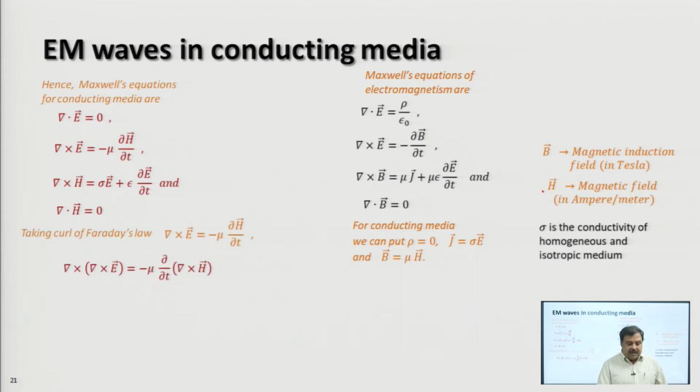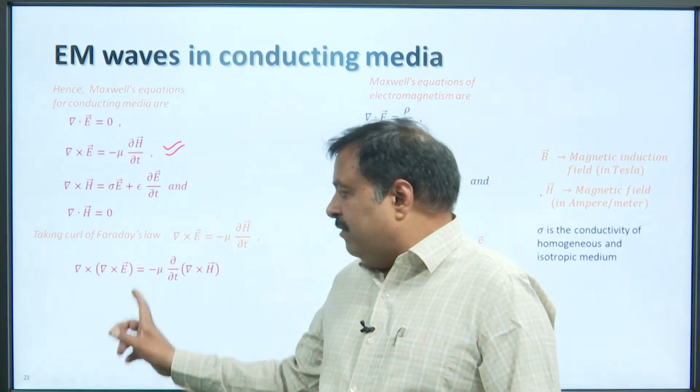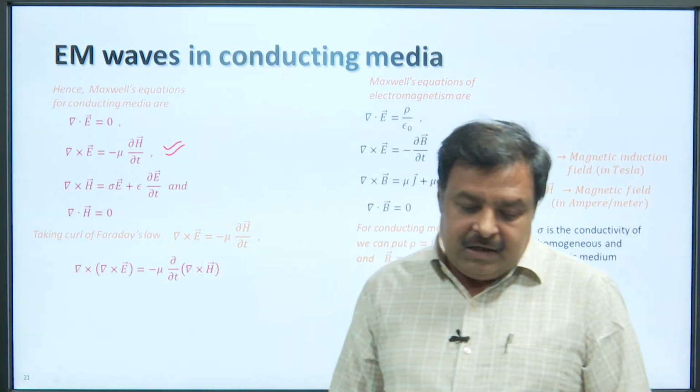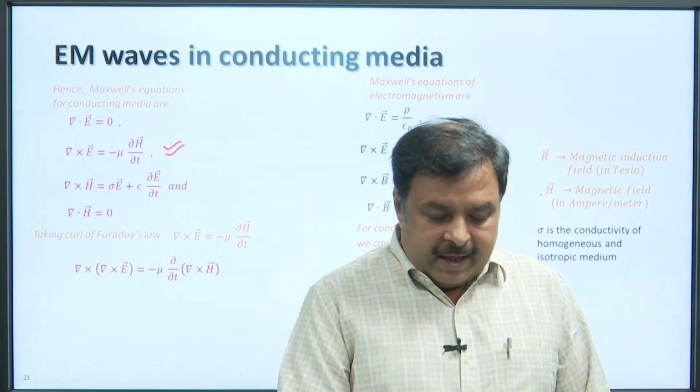Now, as we have done earlier in case of free space and non-conducting media, similarly here also we will take the curl of Faraday's law. Faraday's law means curl E equal to minus mu delta H by delta t. Let us take the curl of this equation. So, we have on the left hand side curl curl E equal to minus mu delta by delta t of del cross H, and further